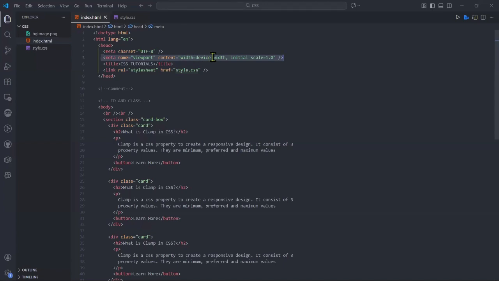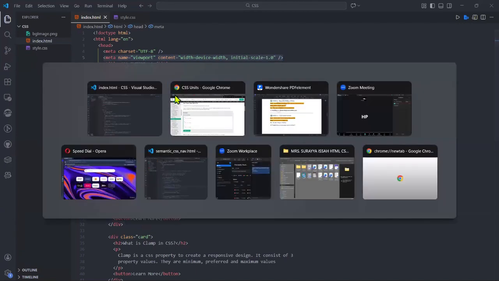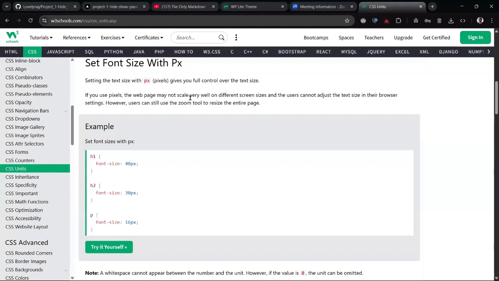Different screen sizes. Maybe you have a mobile phone, or you are using a laptop, or you are using a desktop. So each and every tool, or each and every machine, has its own viewport. You understand? So this code here, as you see, helps the browser to adjust to the screen size. But if you are going to use pixels, the web page may not scale very well,